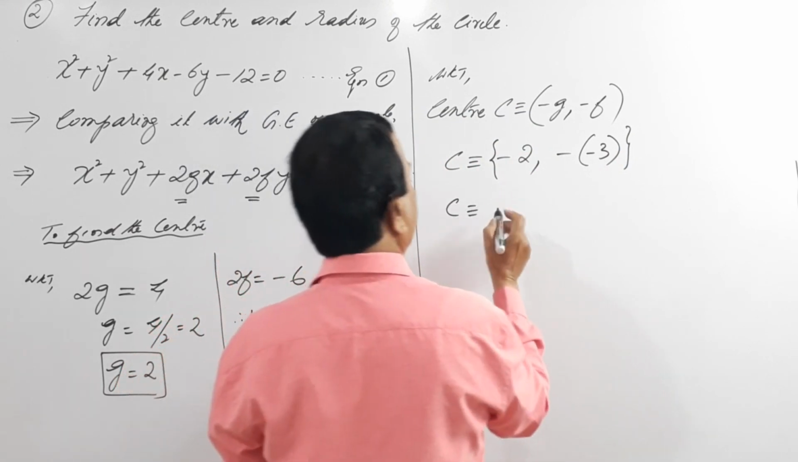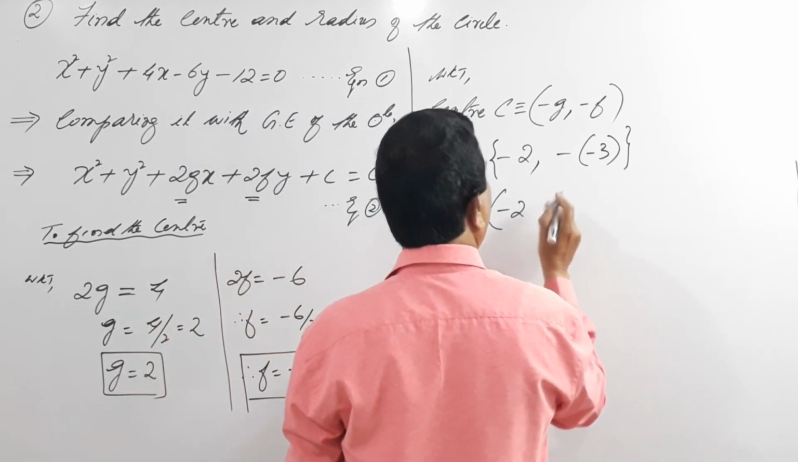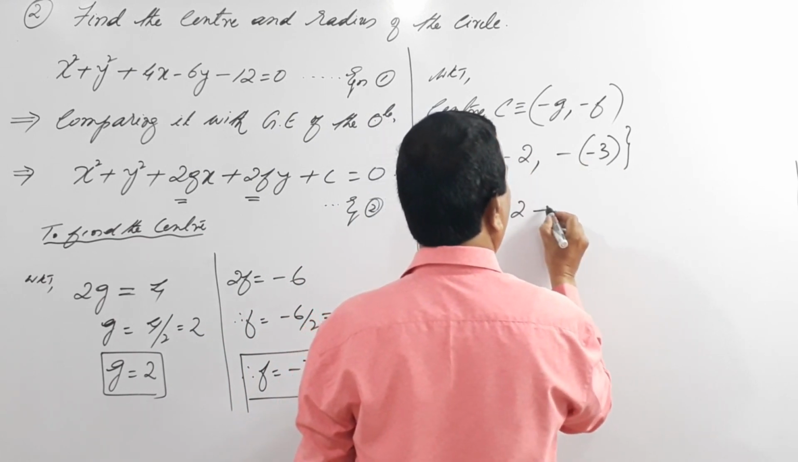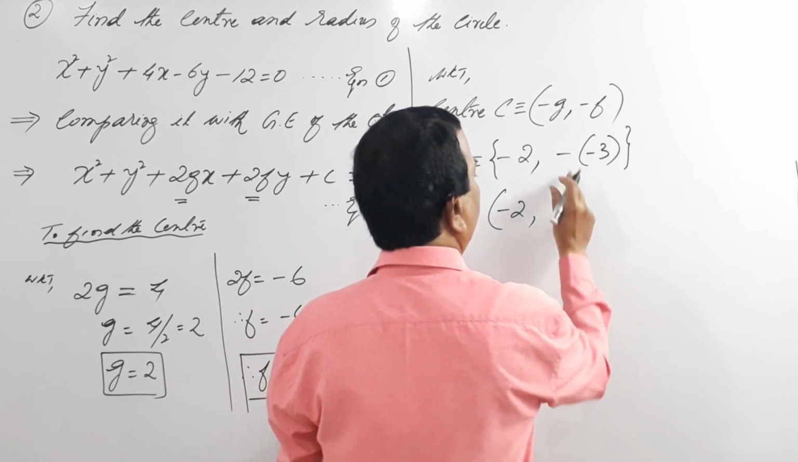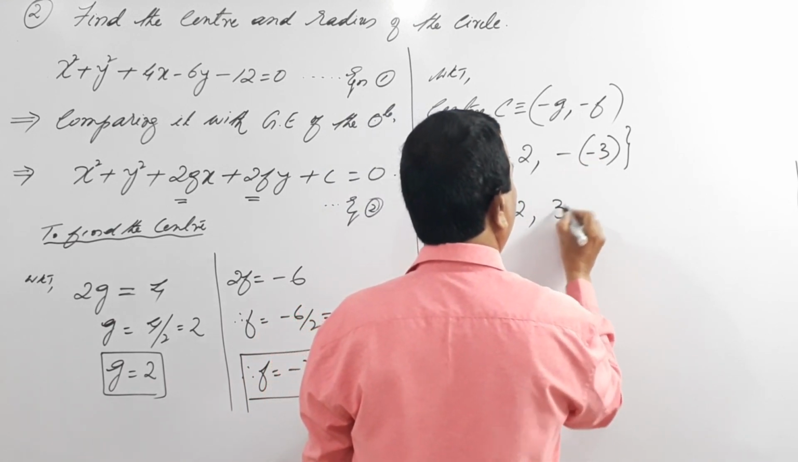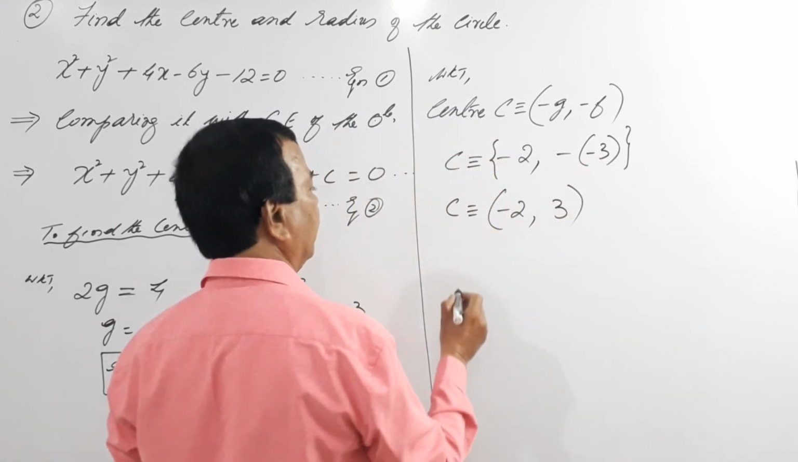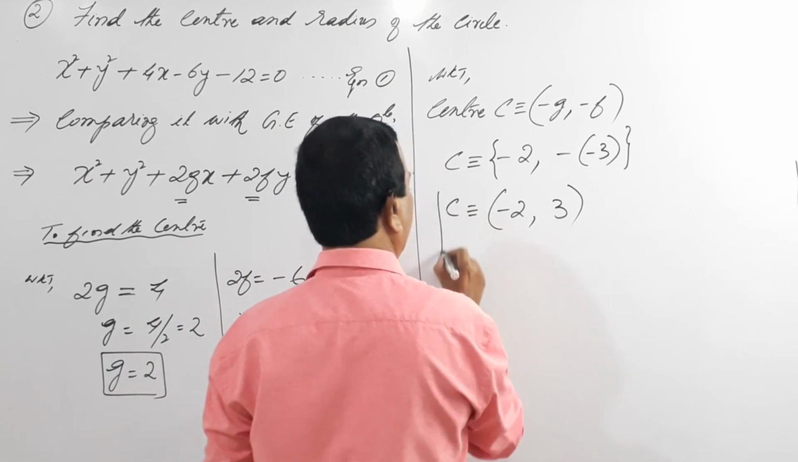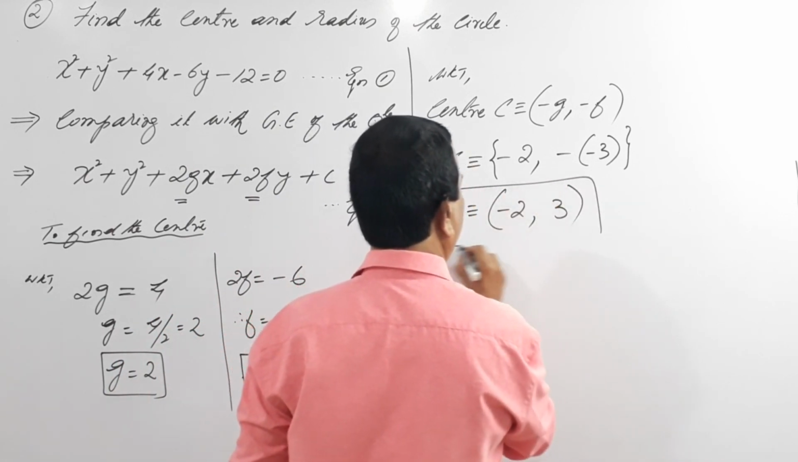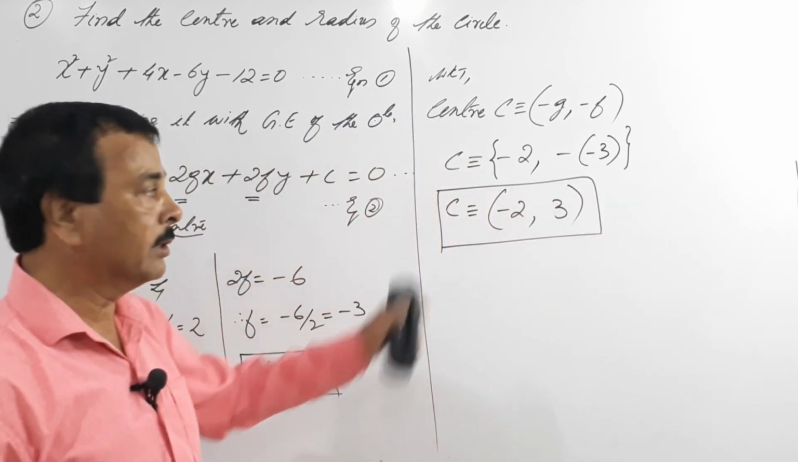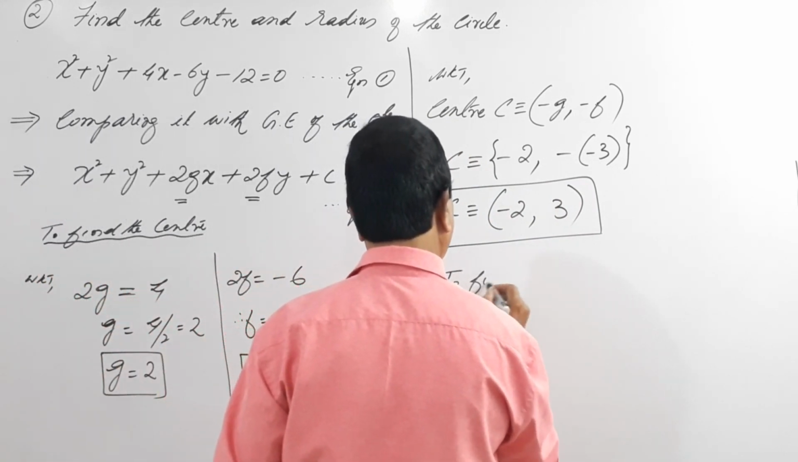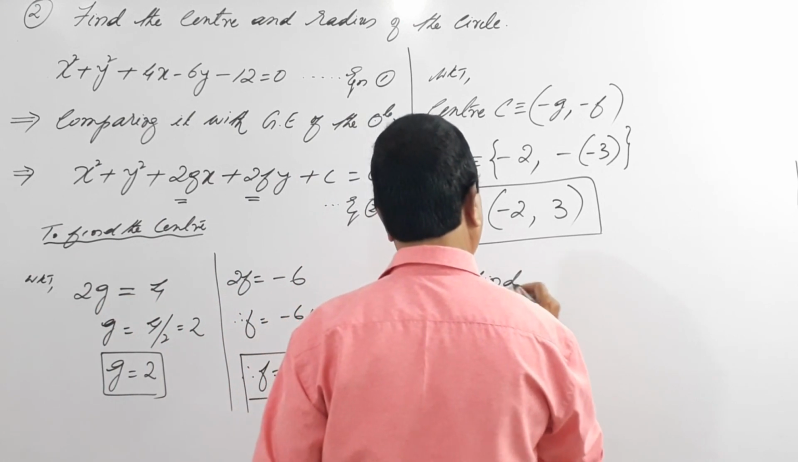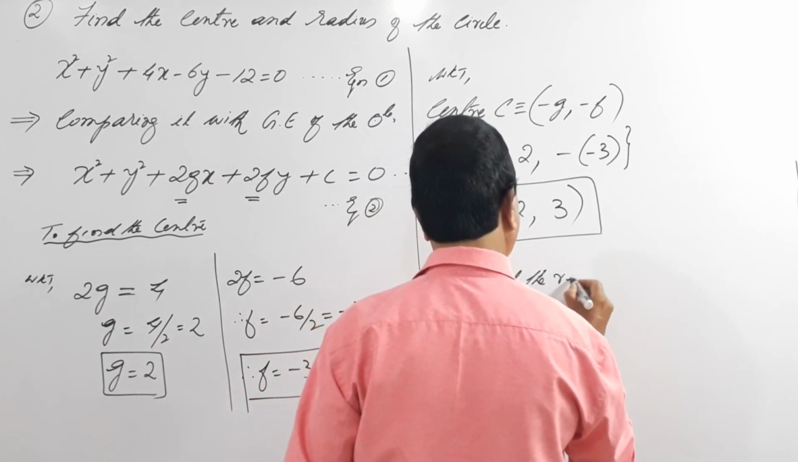C will be minus g comma minus f, that is minus into minus 2 comma minus into minus 3, plus 3. Therefore, the center is minus 2 comma 3. This is the center of the circle. Now to find the radius